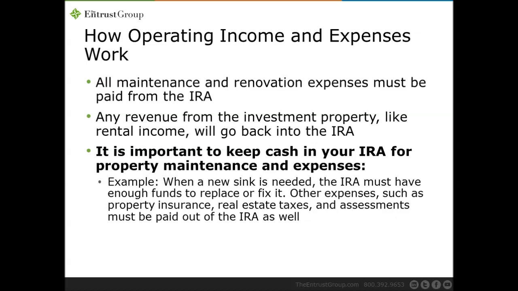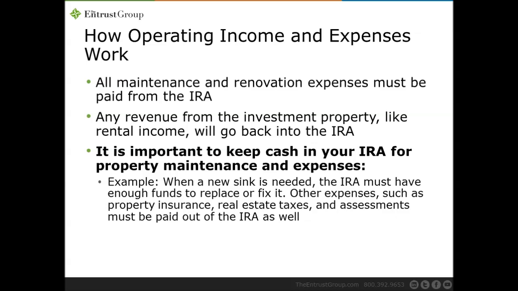And when considering buying real estate within your retirement account, it's good to plan to keep some cash in the account in case you run into any expenses. In this case, they transferred $120,000. The property was only under $40,000. So when it needed some work, they had some cash in the retirement account, because the account has to pay those bills, not the individuals themselves. If they don't have the cash in the retirement account to pay any expenses that come due, like if they need to put a new roof on, they have to get money into the retirement account to pay those expenses, either through making an annual contribution, maybe transferring more money from another account that they have somewhere else,